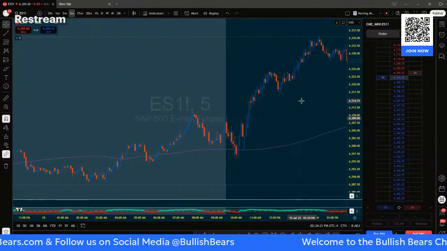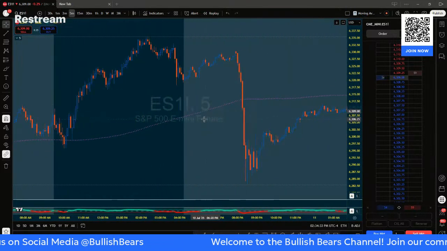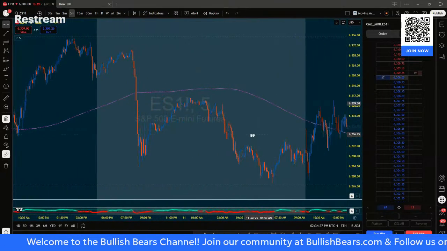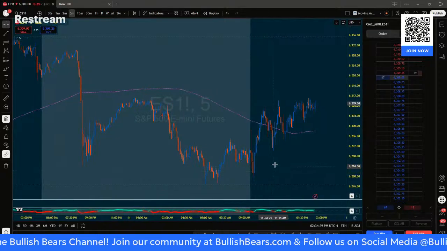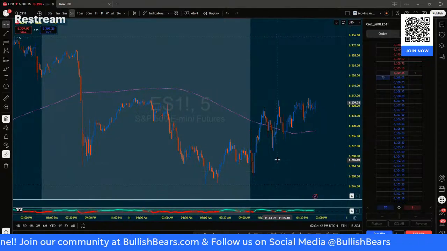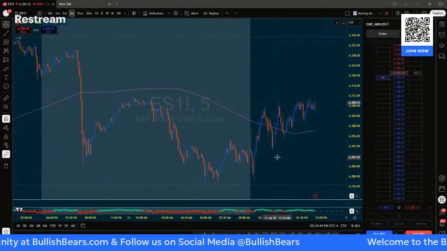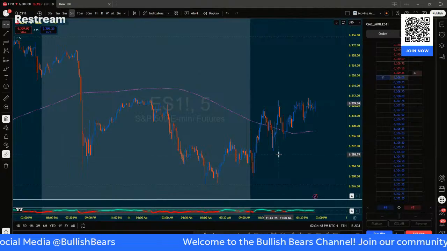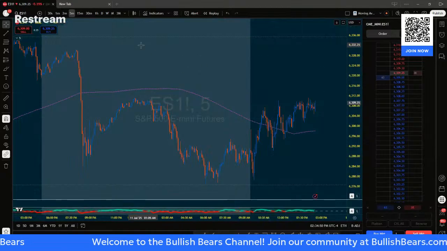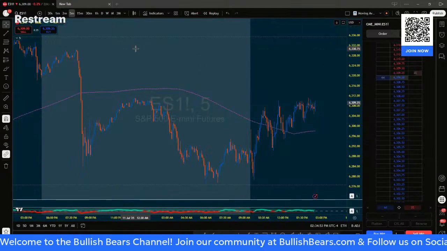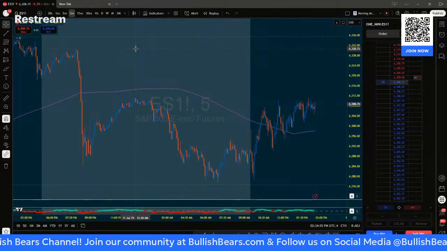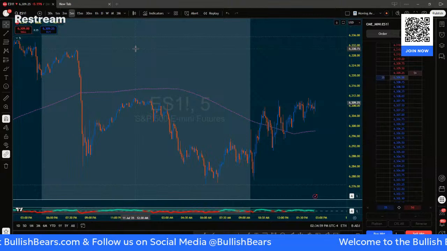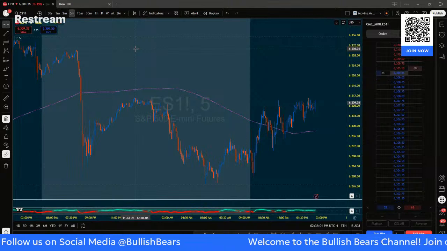A few weeks back, I had mentioned that your risk to reward is directly connected to your profit target, and so is your win rate, right? So look at how often you win, and then look at how much risk to reward you're trying to get. What you'll find is if you're aiming for a higher risk to reward, your average loss frequency is higher. So if you want to win more often, lower your risk to reward. But that has consequences, right?